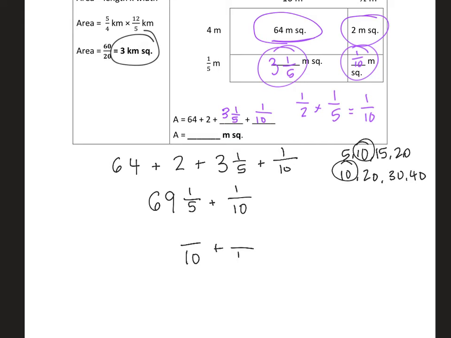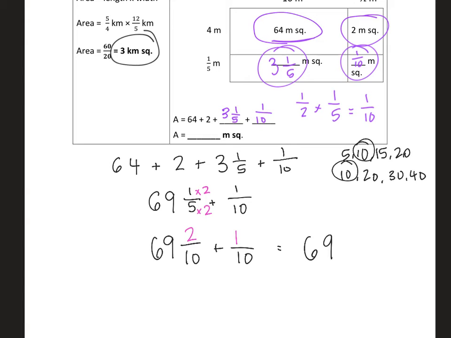So I'm going to create two new fractions with 10 as the denominator, and I'm not going to forget to put my 69 down there. So now I'm going to use multiplication to find the equivalent fractions. I'm going to say 5 times what gives me 10? 5 times 2 gives me 10. And 1 times 2 is 2. So my new fraction is 69 2/10. Then I don't have to do anything here because, again, 1/10 already has 10 as the denominator. So I'm just going to put a 1 as my numerator for my equivalent fraction because it's going to stay the same. All right. So now if I add this up, that's going to give me